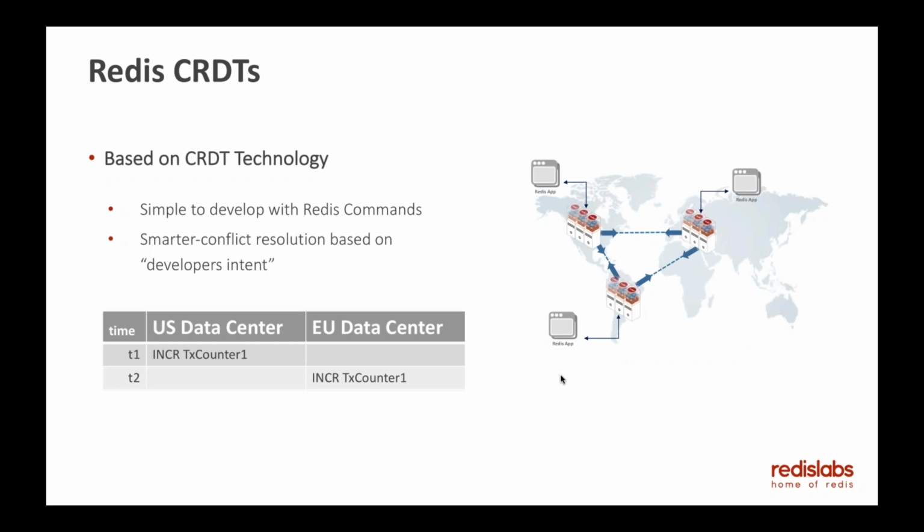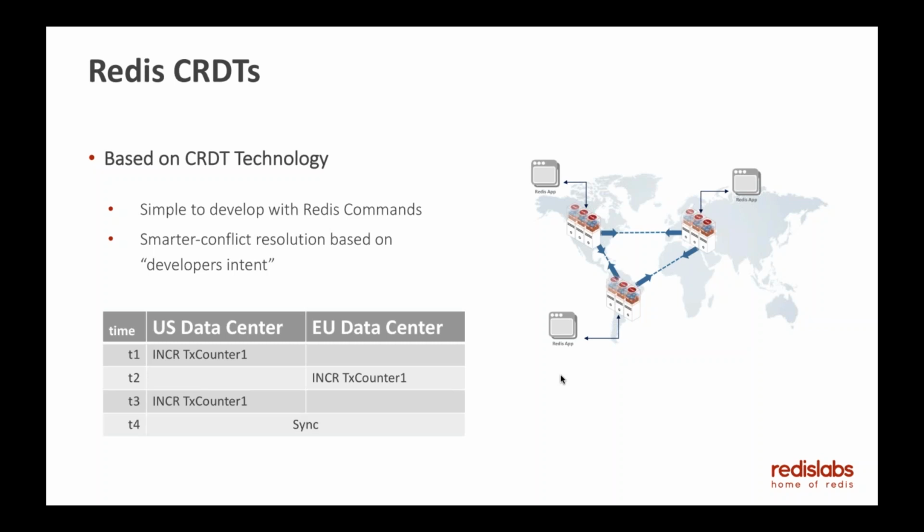at T2. But at this moment, the counter increment that happened in the US and the counter increment that happened in the EU data centers have not synchronized yet. So if you imagine this case, as far as Europe is concerned, at the moment T2, there's been one transaction in the European data center, and as far as the US data center is concerned, there's been just one transaction. Let's say at T3, to make things a little more complicated, that the US data center receives another transaction on